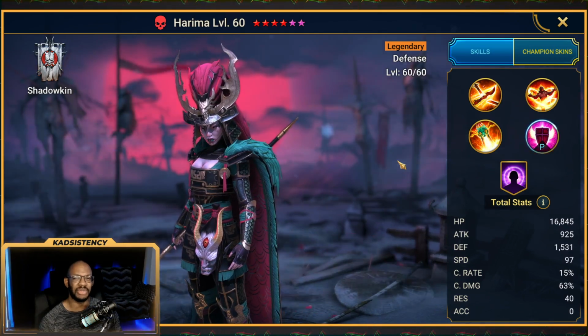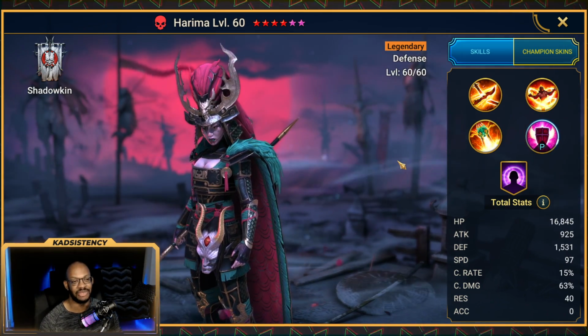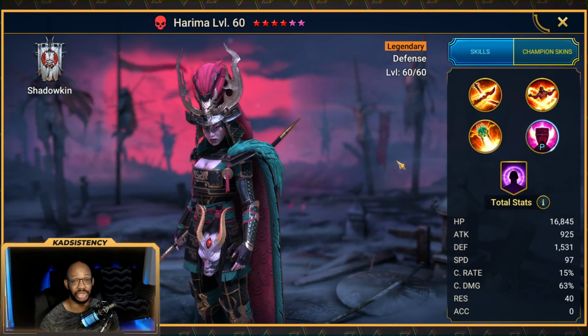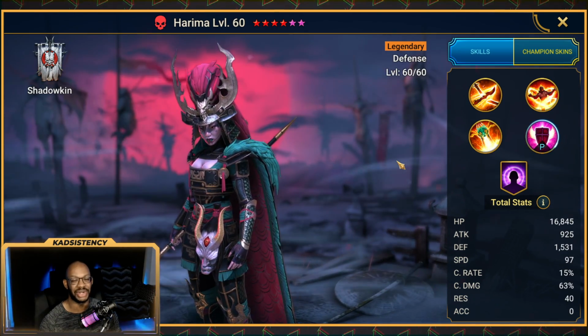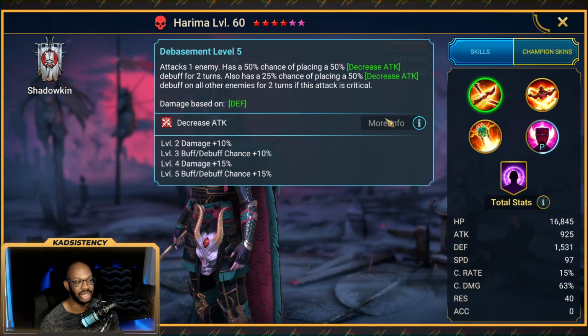So at first you might be thinking, Harima, why on earth would we use her in PvE? She's primarily a PvP champion, which is generally true, although she is a pretty hefty damage dealer in Hydra, to be fair. But I understand how you would think that, because if we go through her kit really quickly, A1 here